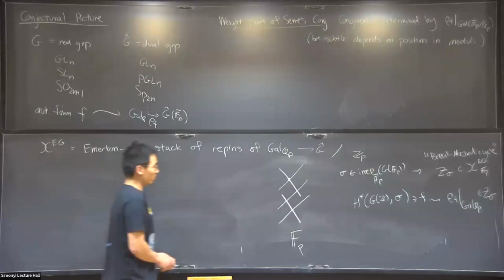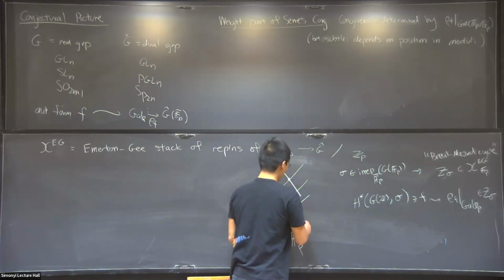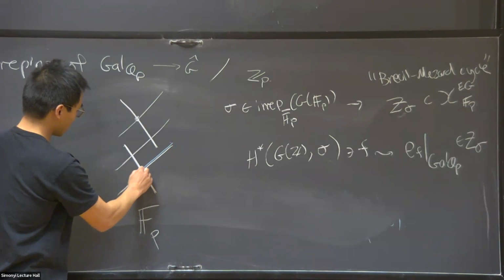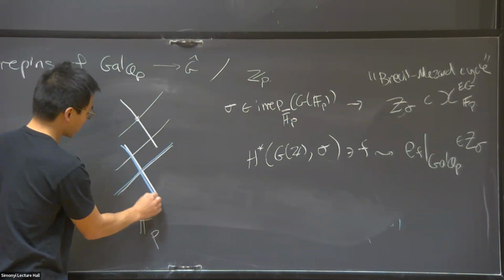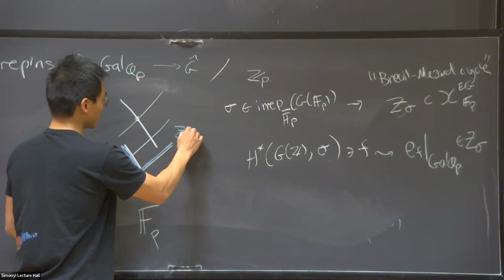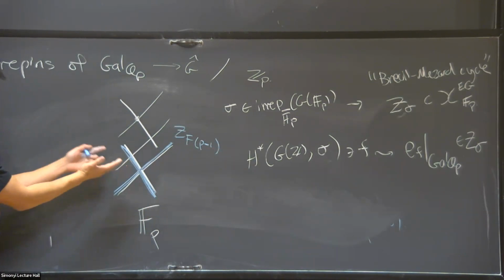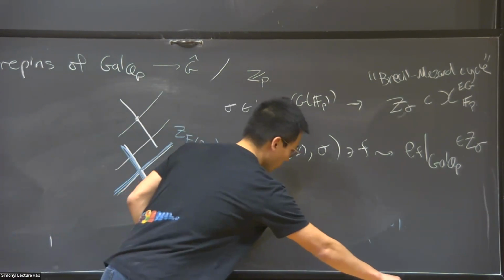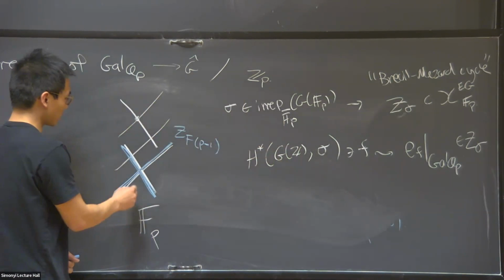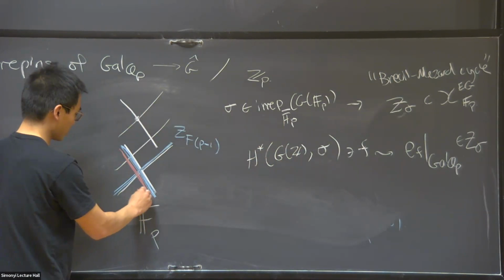Another possible source of congruences is that this thing may itself be complicated. So for example, it may be more than just an irreducible component. This happens when you take Z for Sym^(p-1). It actually is not irreducible. It has two components for SL2. And the other component is kind of like the Z for Sym^0.